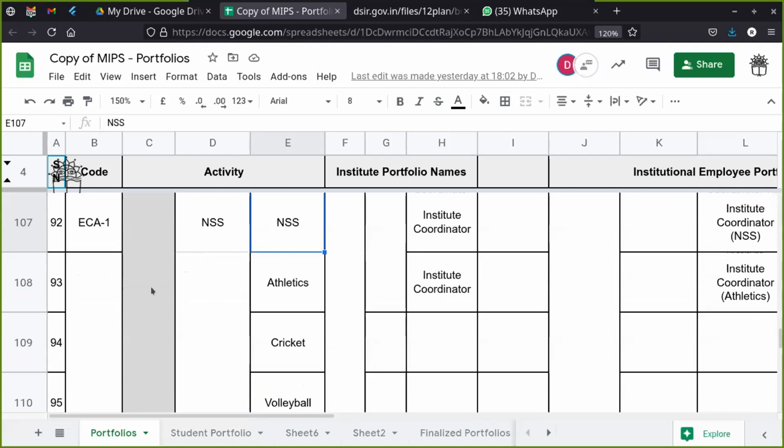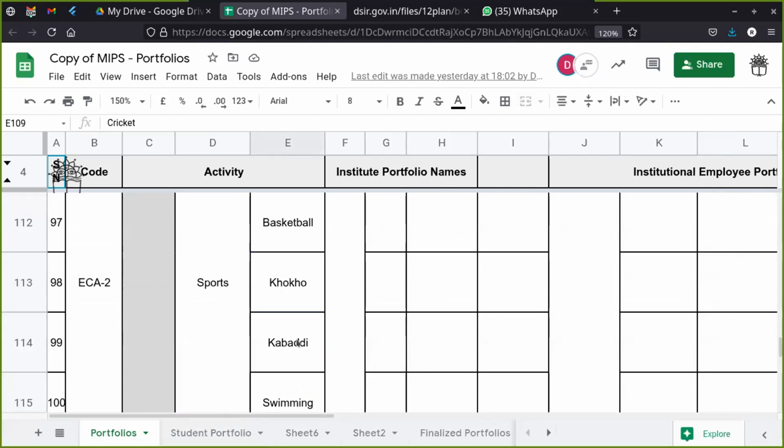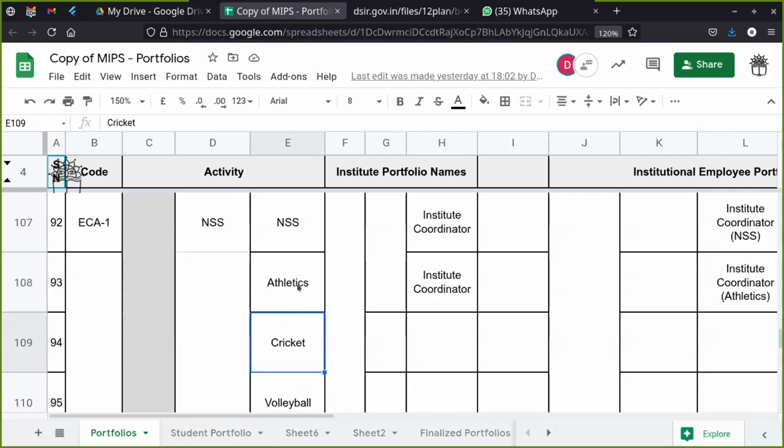Now these are extracurricular activities, and here we have NSS, athletics. Now these are sports activities, and in sports we have athletics, cricket, and all sorts of sports. Why did we do this? You will ask, sir, why so many sports coordinators? The reason is, I have been trying to have athletics activities in our institute. You see Olympics.